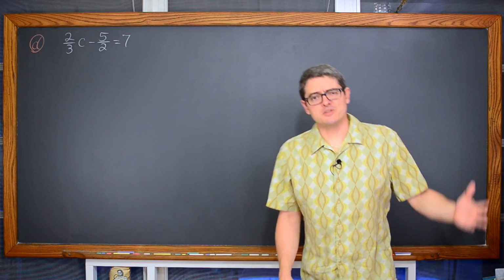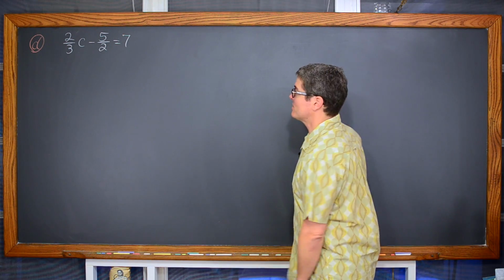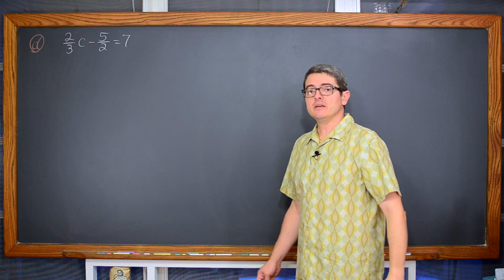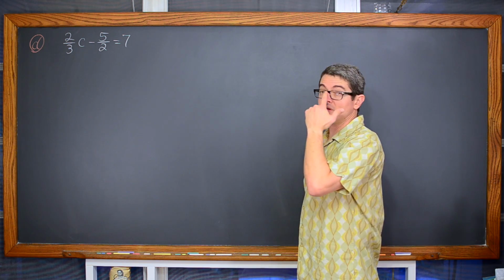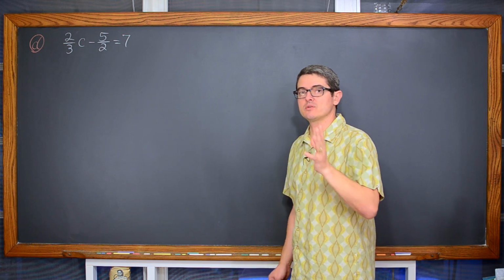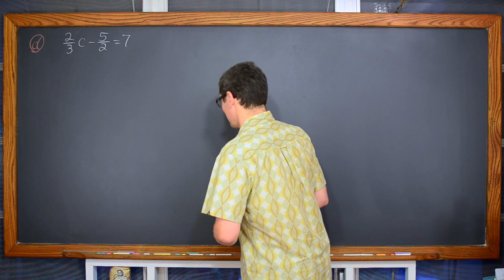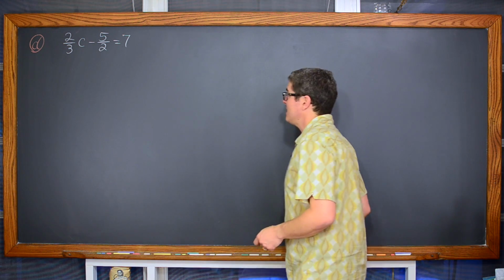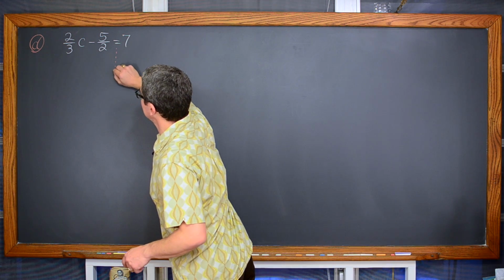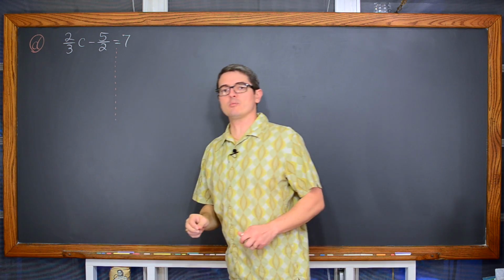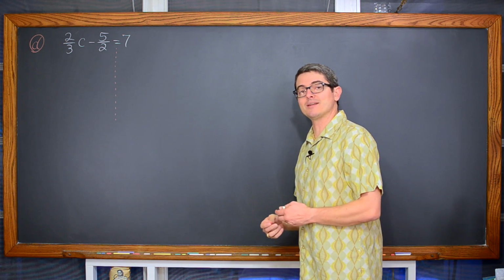And again with the fractions, because hey, we do struggle with them as students, right? We have 2/3 c minus 5 over 2 is equal to 7. This one is going to go a little bit quicker than the previous one. So on the left side of the equation, again, we have the variable of c, so everything's going to come to the right away from it.